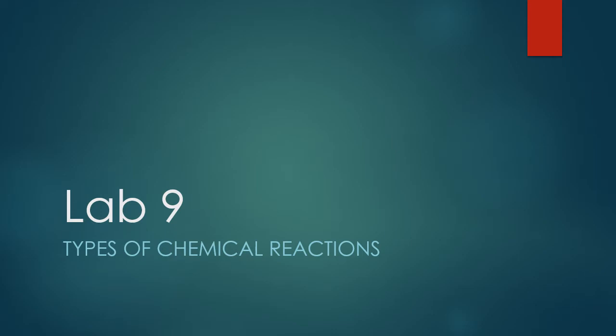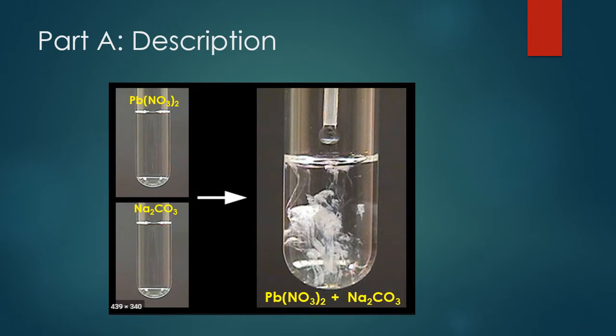In Lab 9, we're going to explore different types of chemical reactions. Starting off with Part A, we're taking a solution of lead-2 nitrate and reacting it with a solution of sodium carbonate. So using the pictures on this slide, you can write the descriptions of lead-2 nitrate, being the test tube